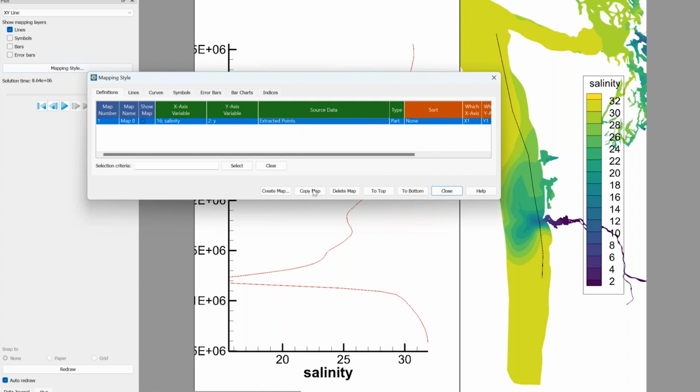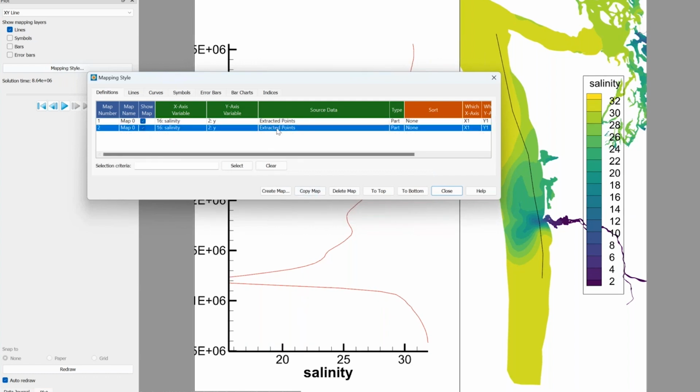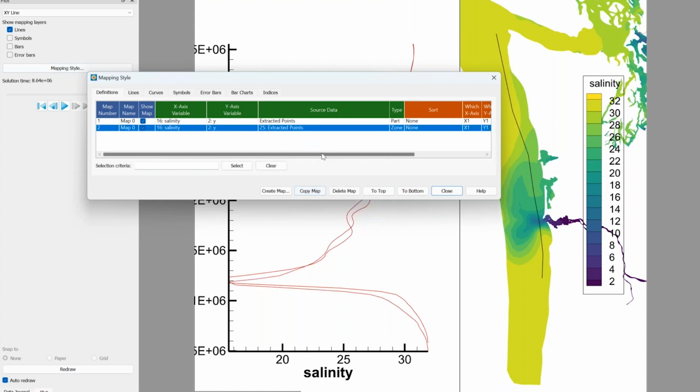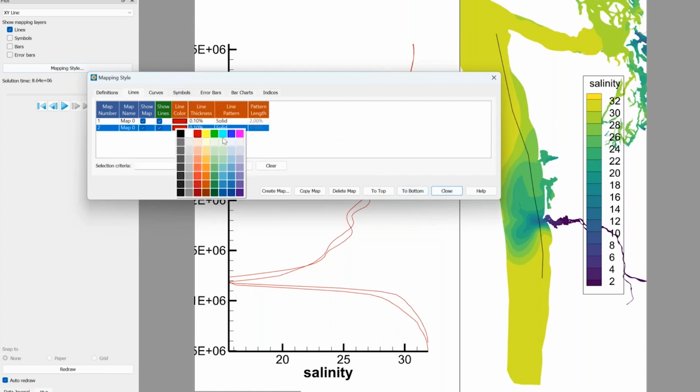So one of the interesting things here that we can do is compare against, say, a fixed point in time. So if I want to compare my salinity against the data extracted at my first time step, I can say select a zone. This is going to be the data at that first time step in my data set. Let's change the color here to blue,